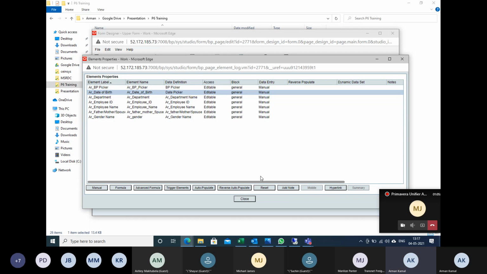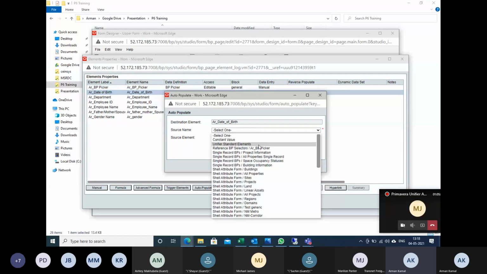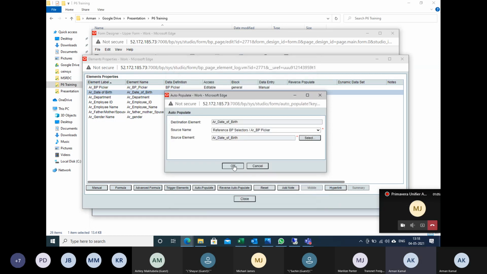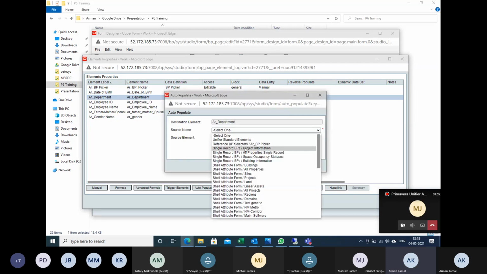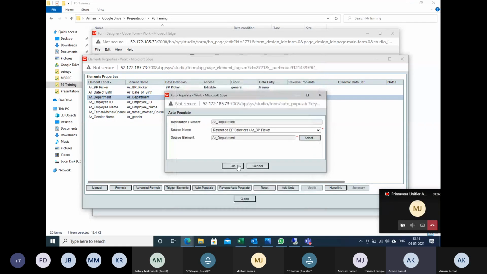Date of birth, I need to auto populate. So select auto populate, put this BP picker and select date of birth. Now you can see the data entry will be auto populated. No one will enter manually. I will select auto populate for department, select this BP picker, select this department. Click OK.